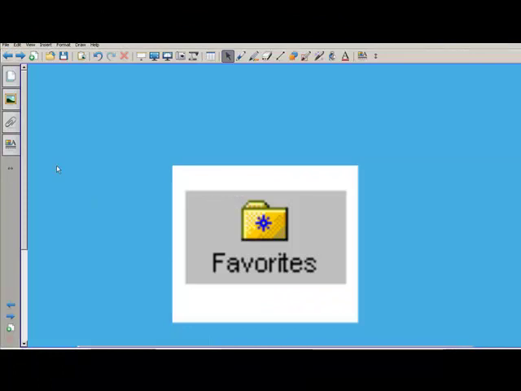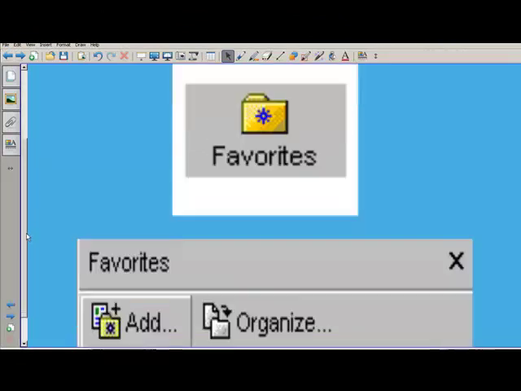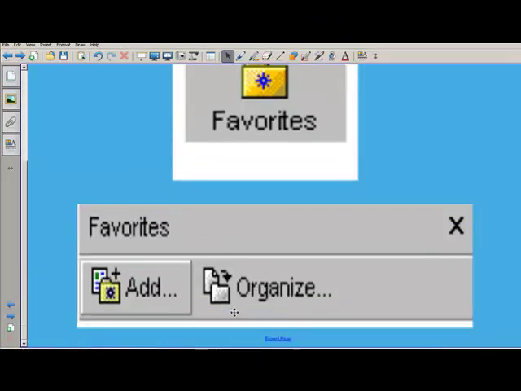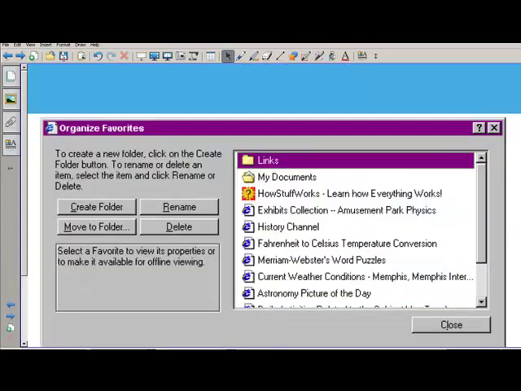As we said before, sometimes some computers have a slightly different picture icon. If it has a little folder, you'll see that the icons look a bit different, but they do exactly the same as the stars that you've just seen demonstrated. Adding and organising. When you're organising your folder on a computer like this,